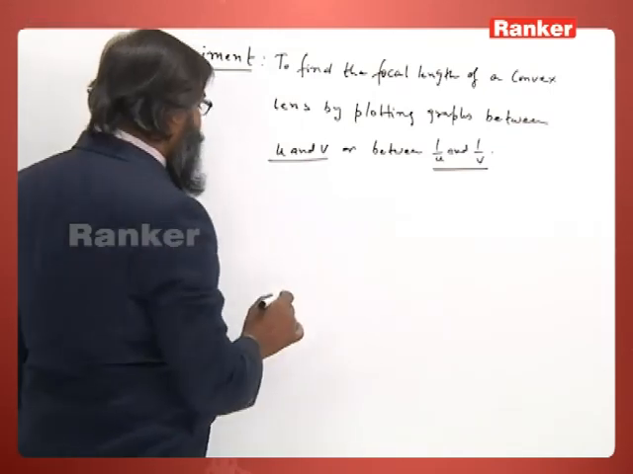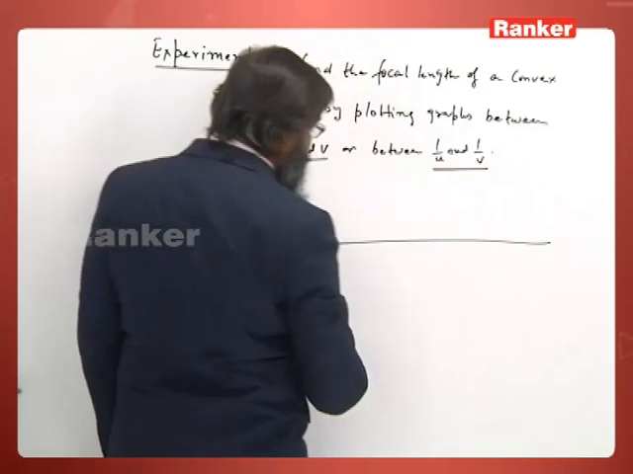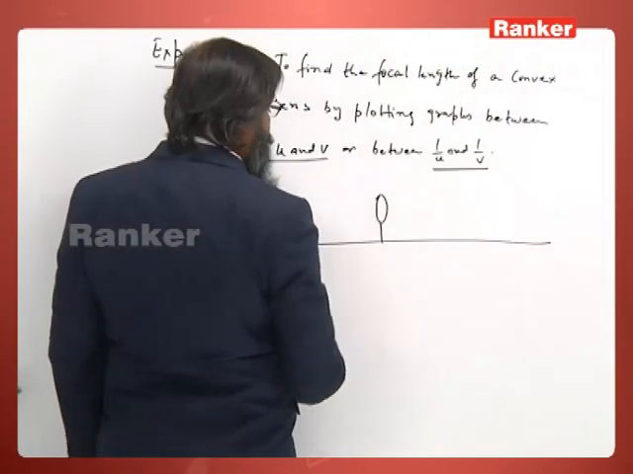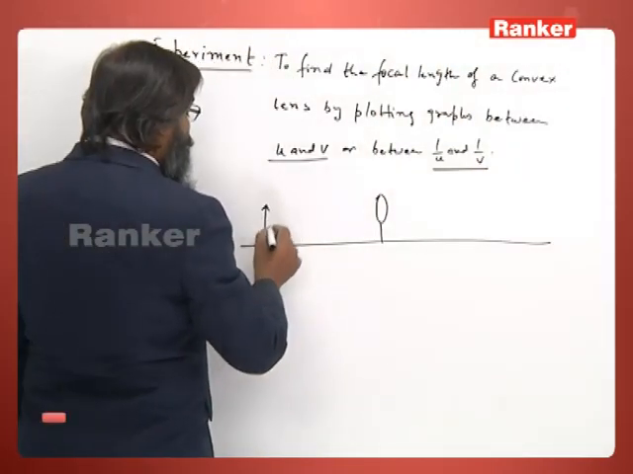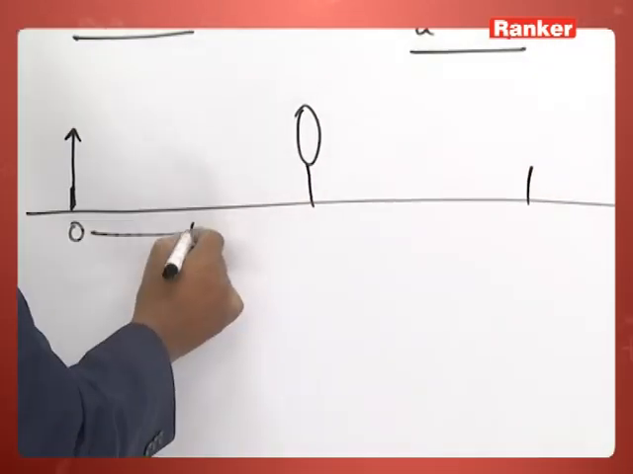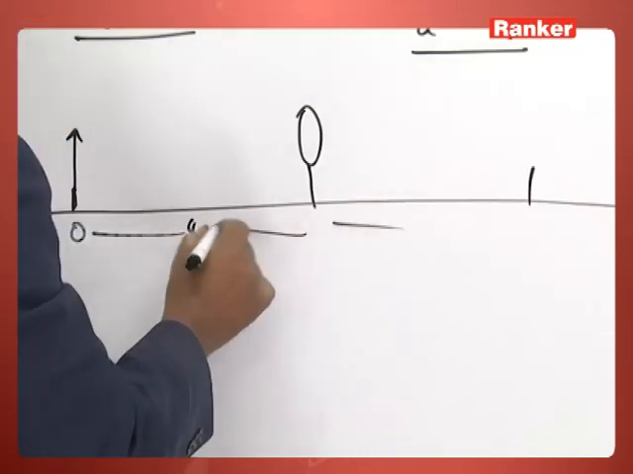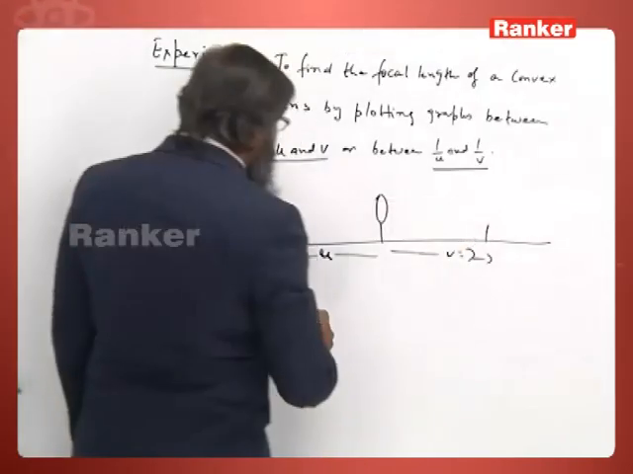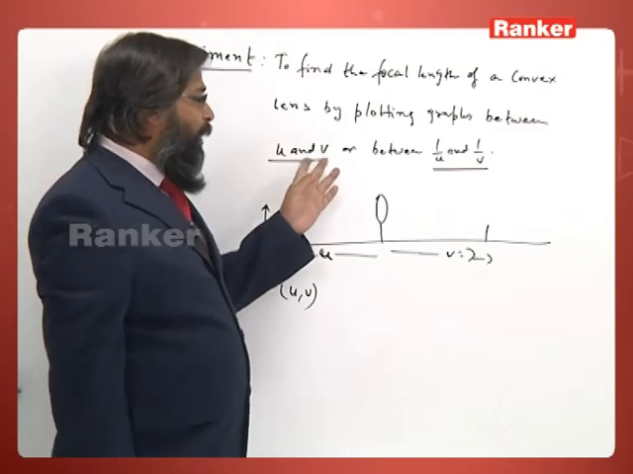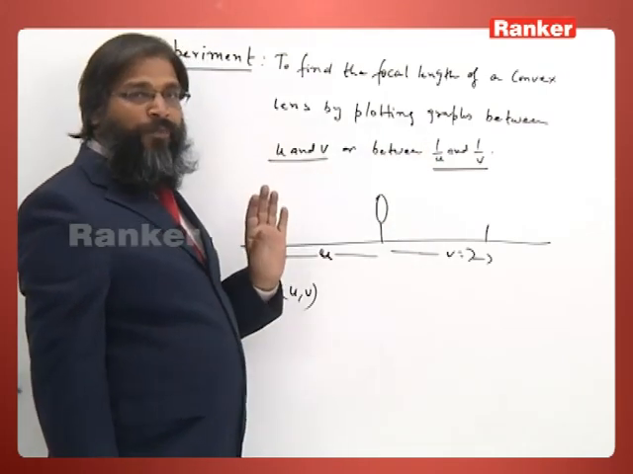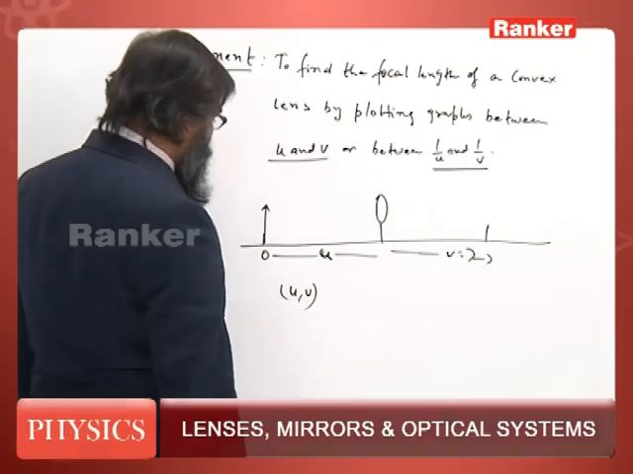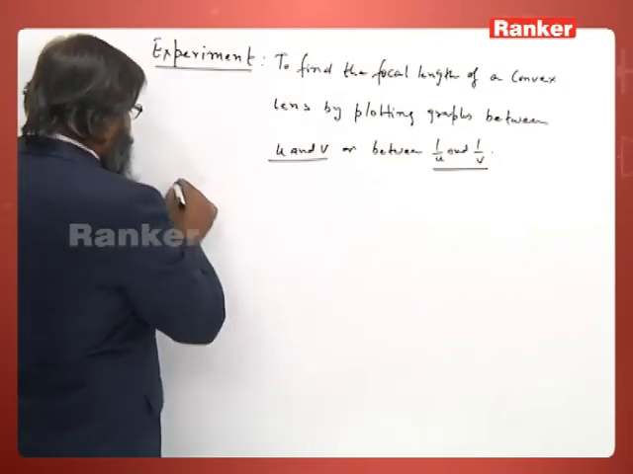So here, just like the mirror, we take an optical bench, and on the optical bench we place a lens. We will place the object at certain positions, and corresponding to a fixed position of the object, we will find v. We will take readings of u and v, 4-5 readings, and then we have to plot the u and v graph and the 1 by u and 1 by v graph, and from the graph we will see how to determine the focal length of the converging lens. So let us first see the theory